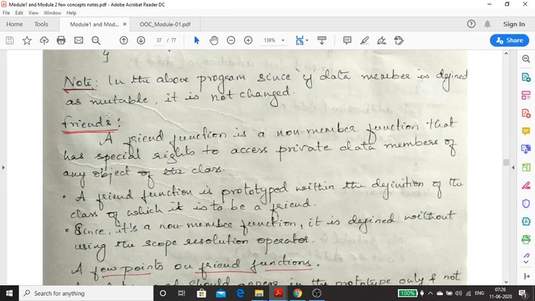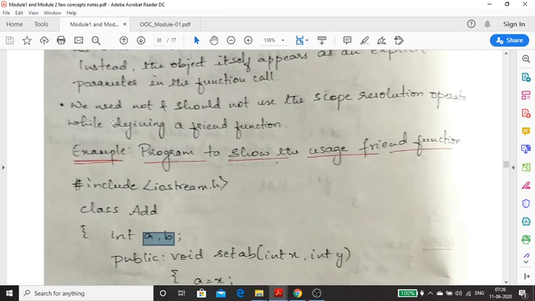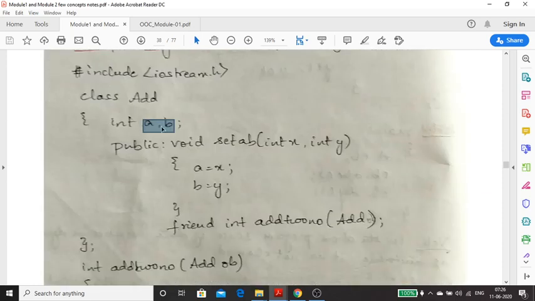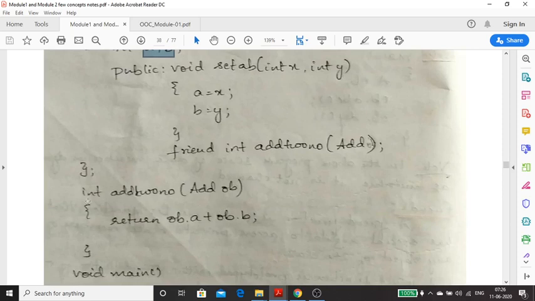In the same way, if you use the keyword friend, even though A and B are private, he can access them, even though he's not a member of the class.